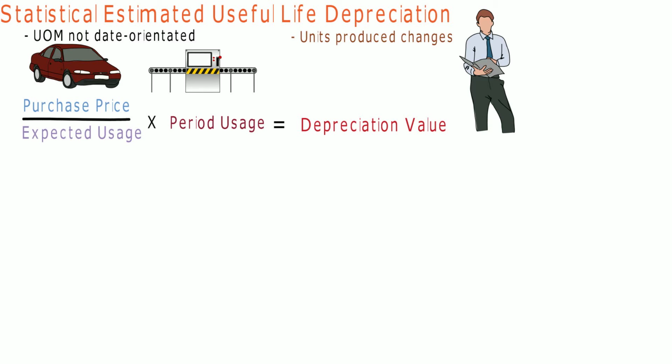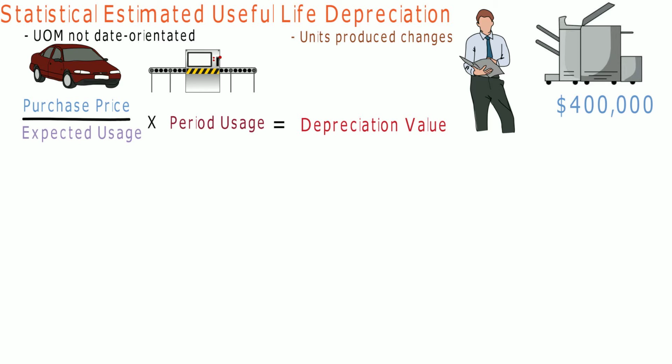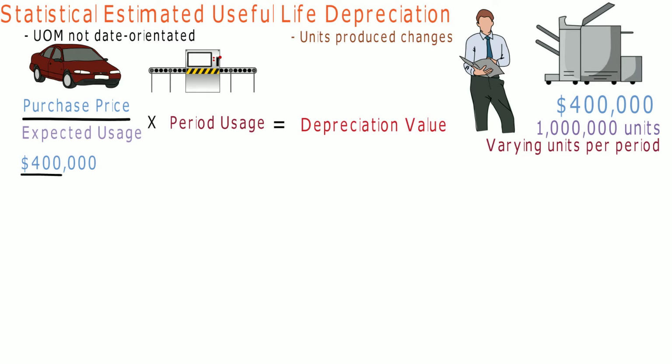Lenny has found that he needs a new photocopier for the office. He purchases it for $400,000 and estimates he'll have to replace it after 1 million copies. Due to the fluctuation in employees' copying needs, the amount of copies made each month will change. In the first period, after the photocopier was installed, employees at Lenny's company made 2,500 copies, so the cost, divided